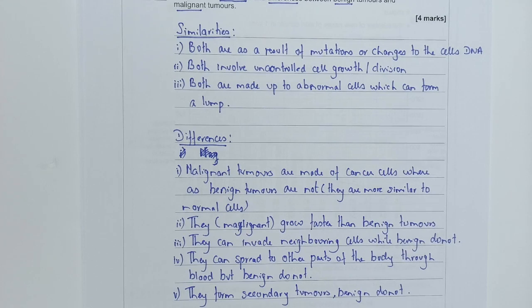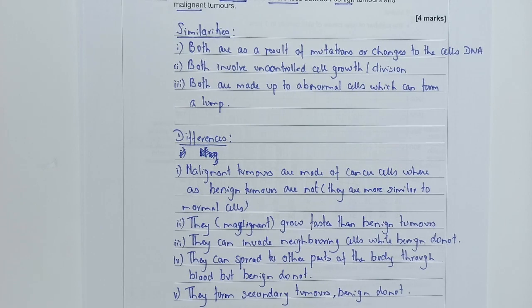So initially, under the label of similarities, I've put down 3. Both are as a result of mutations or changes to the cell's DNA. Both involve uncontrolled cell growth or division. Both are made up of abnormal cells which can form a lump. Now the differences: